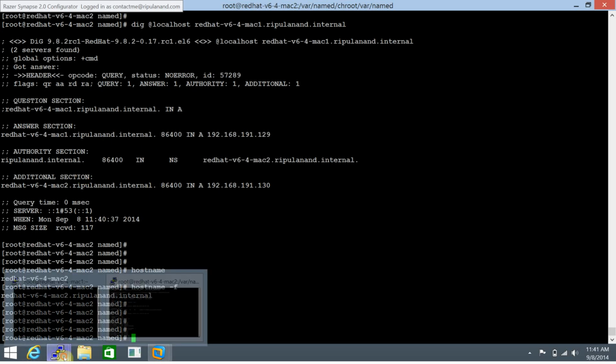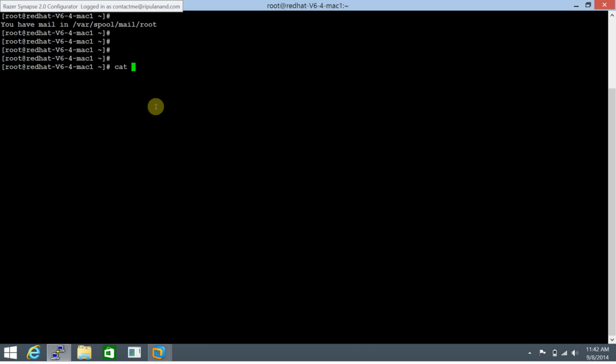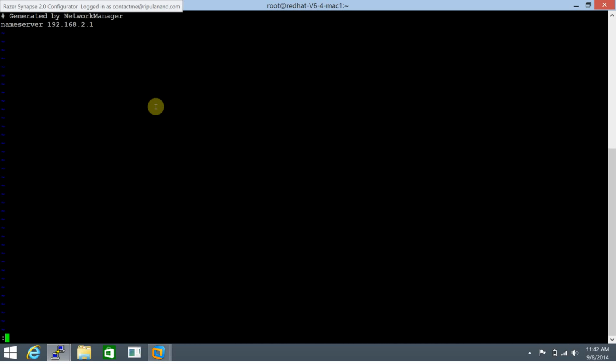So let's traverse to the client machine that we have, and on the client machine, all that you need to do is to make an entry. Let's do a vi /etc/resolv.conf. That's all that needs to be done. So let's delete this and make an entry here. Domain search, and we can specify here rippleadmin.internal